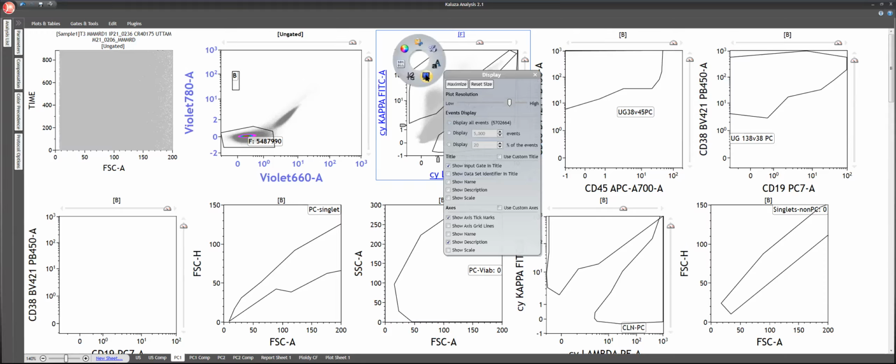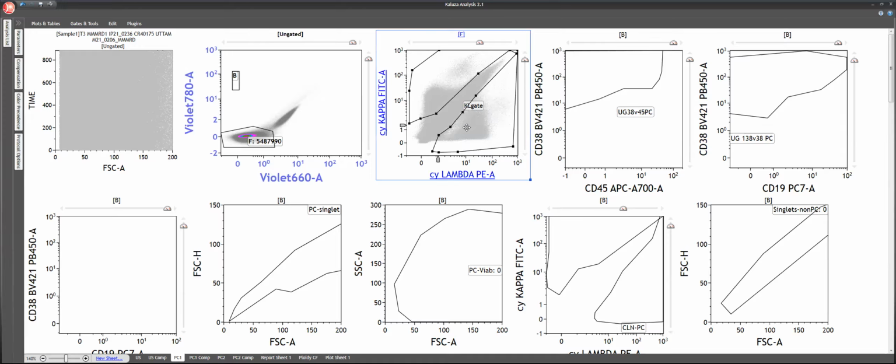Now, for utilizing this gate, you have to have good quality of kappa and lambda standardization. If your kappa and lambda light chain standardization is not enough, then you cannot use this kappa and lambda gate, because otherwise, in those cases, you may miss the plasma cells. But we have cross-checked with our analysis and our standardization, and we know that our kappa and lambda is